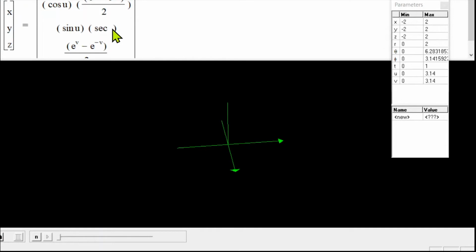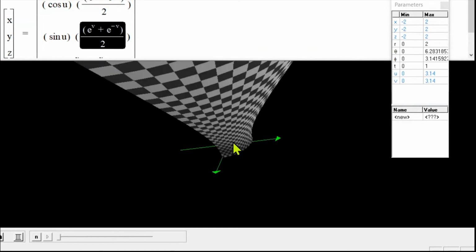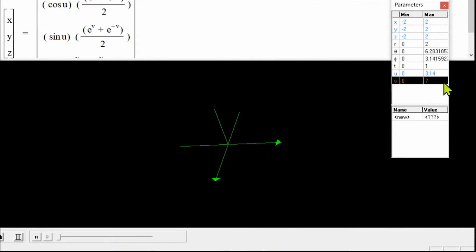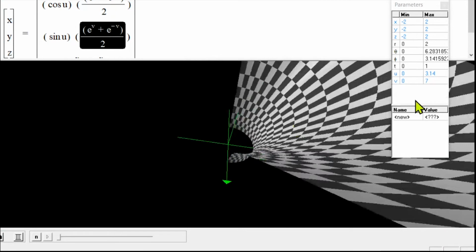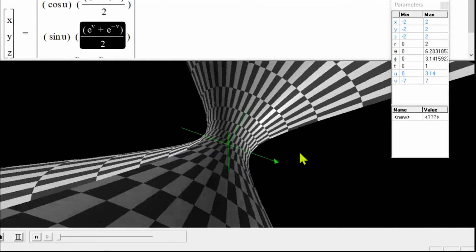Of course, it's not going to let me have it that easy. Okay. Now this is going to work. So I can change that back to no restriction. Oh, do you know why this is only showing up on top? Because I didn't give the negative value. So v can now vary from, let's say, -7 to +7. Now you see that half of the